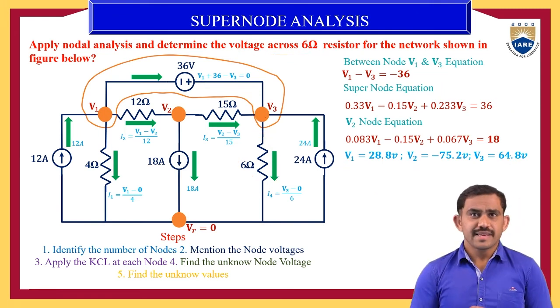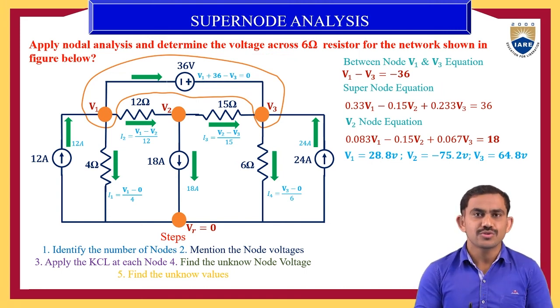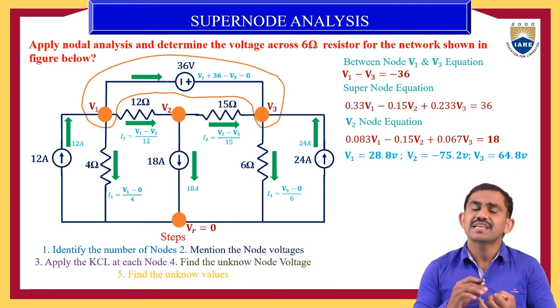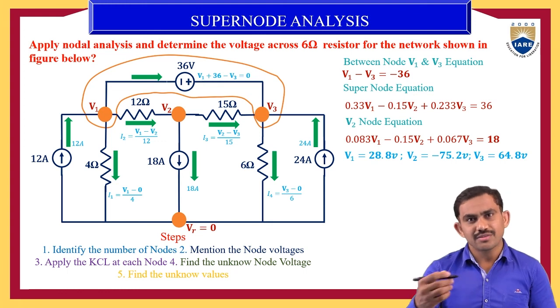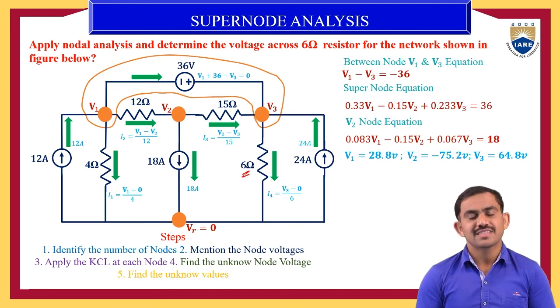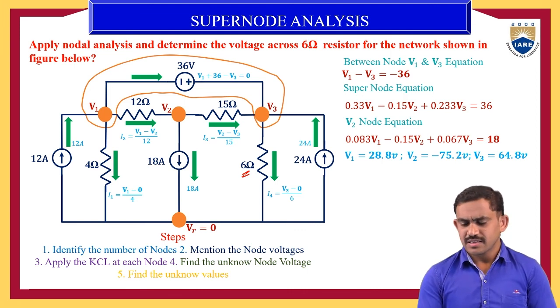I'll conclude this section. In any circuit, if you have an ideal voltage source between 2 nodes, then we need to move to super node analysis. For this, we have the ideal voltage source equation, then the super node equation and the remaining nodes' equations. Here we have 3 equations: one is the super node equation, one is the ideal voltage source equation, one is the V2 node equation. So we have 3 equations and 3 unknown values. If we solve those equations, you will get the answer V1, V2 and V3. Here in this circuit, I want the 6 ohms resistor voltage. So across 6 ohms, we have the V3 voltage. That is V3 is